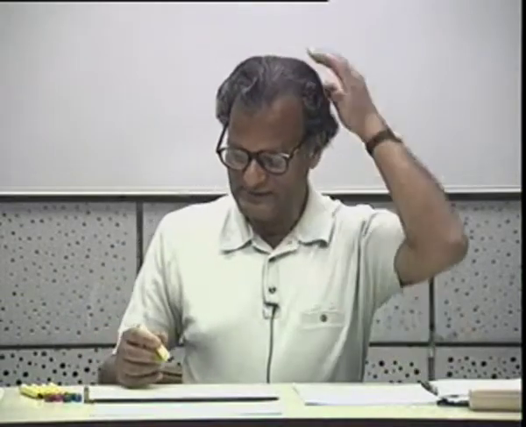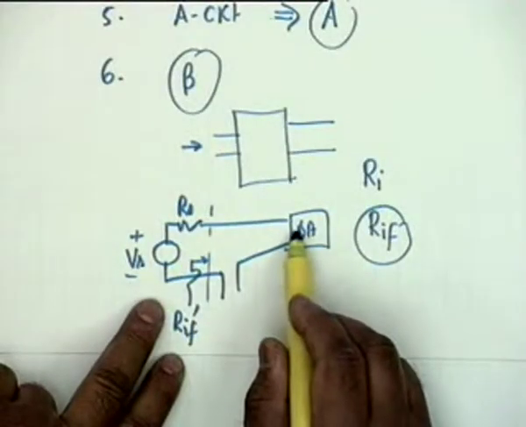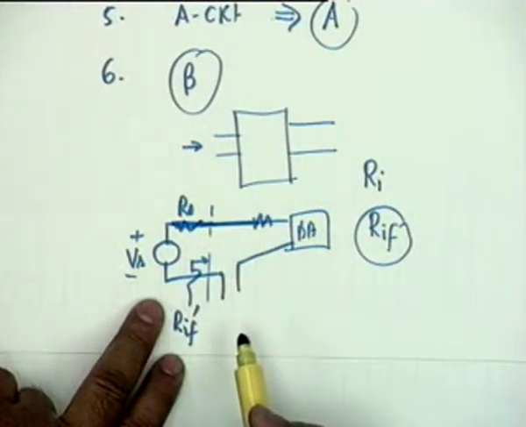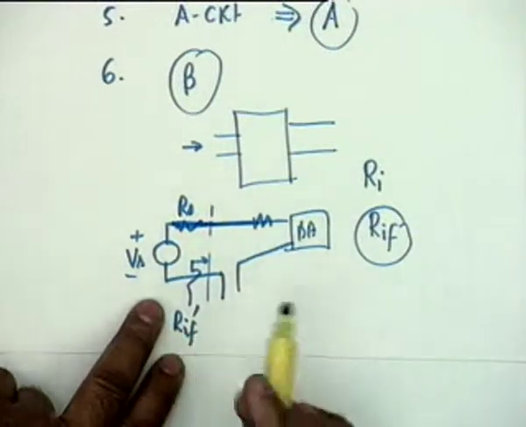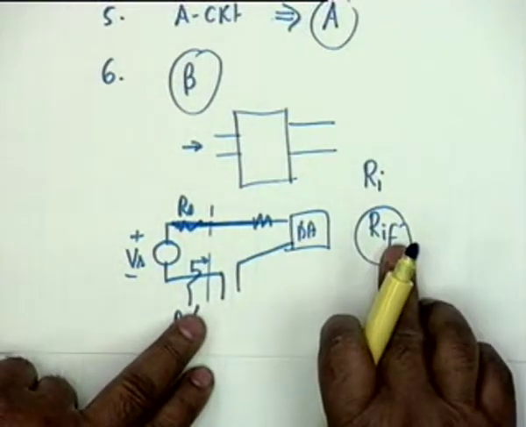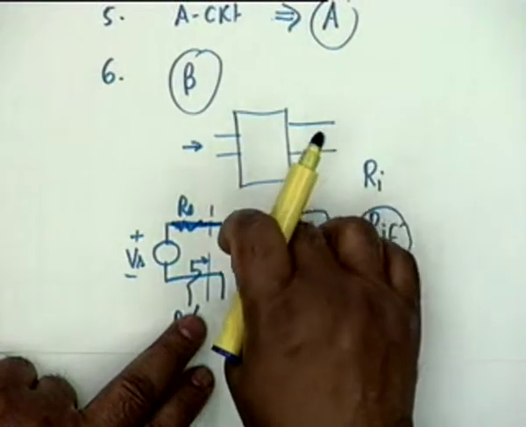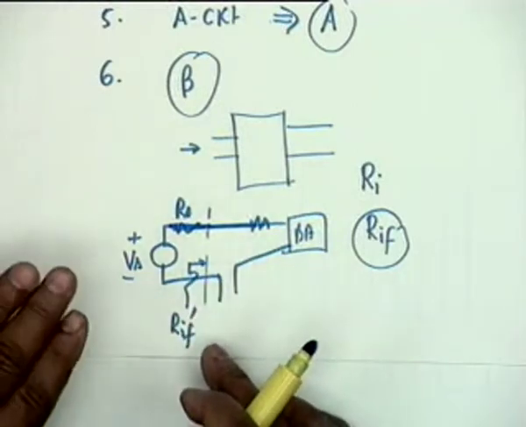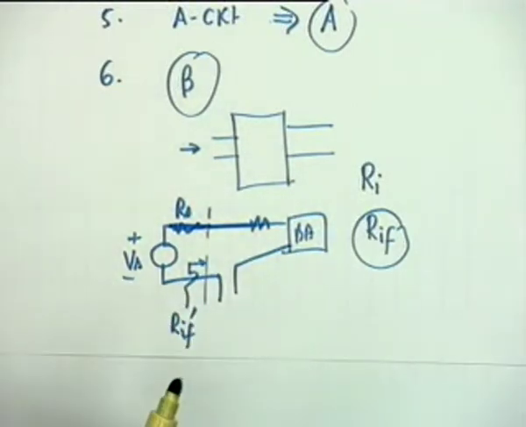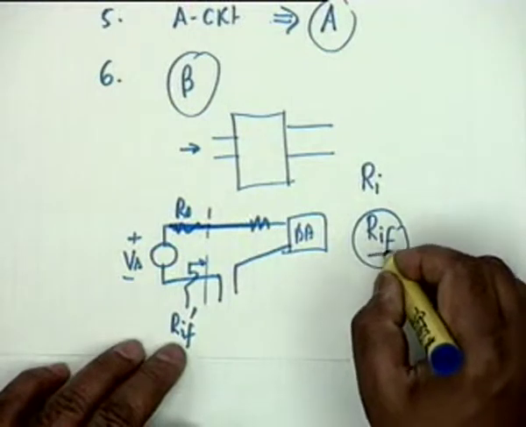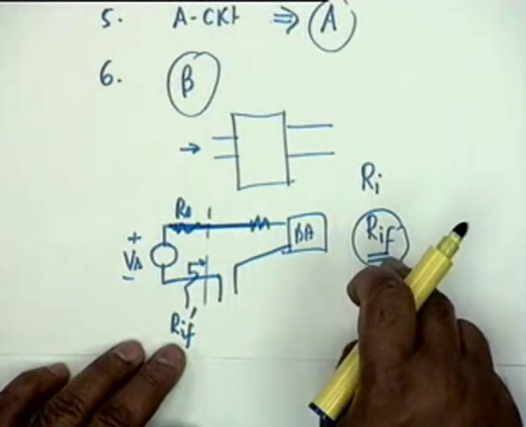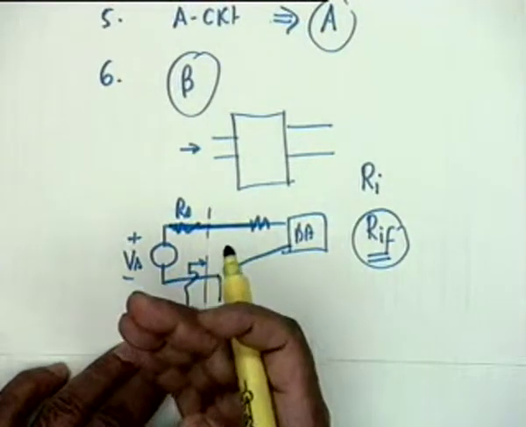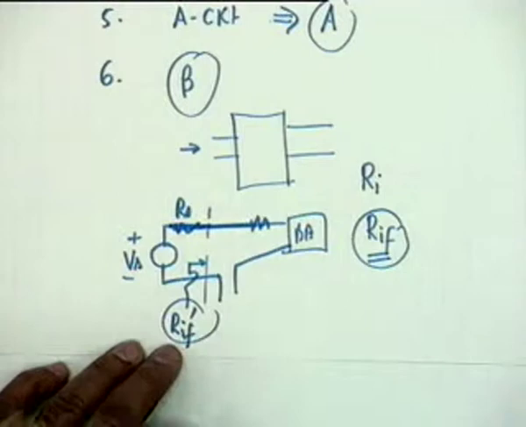Oh, the last point was that when you absorb Rs inside the basic amplifier, you have transferred it to the A circuit, and therefore the Rif that you find will include Rs. On the other hand, what I want to find out in the actual amplifier is what is faced by the source along with its internal impedance, and therefore the feedback input impedance will be different from what you actually want, and one has to extract the desired quantity from what you have found out.